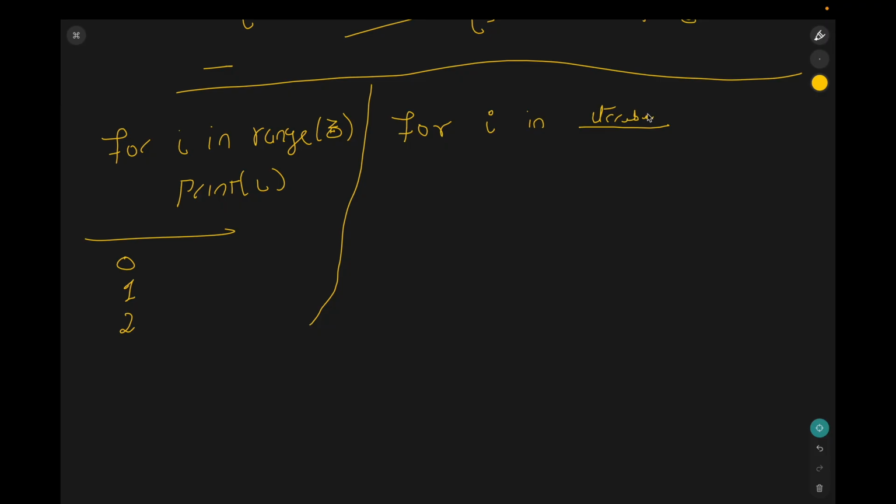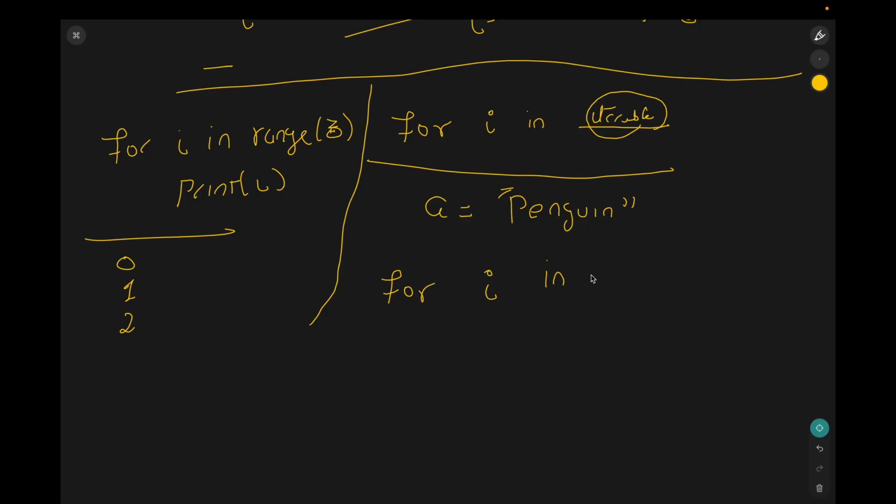There is something called the iterable and the iterator. These are the two concepts, right? So if any data type is iterable, you can keep that thing here, right? Like we have the string. Like if I'm saying that a is equal to penguin, right? a is equal to penguin. So here if I am saying for i in a, right, and here I am saying print i,